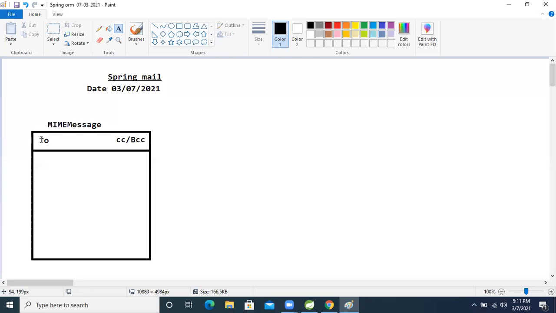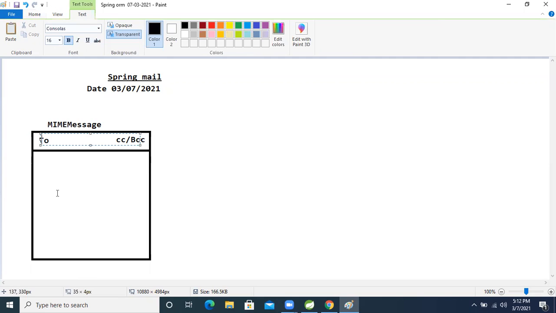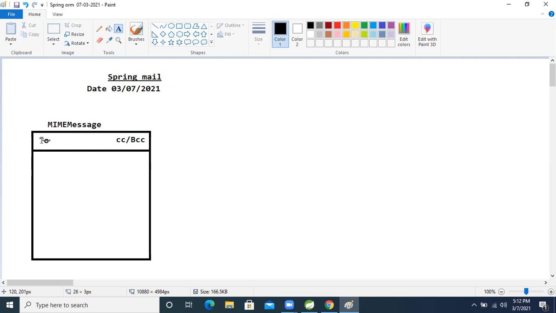CC means if we send an email using CC, the other receivers can also see that the email was sent to this person. But with blind copy, the person will not see; visibility from one person to another is not there. Because of that we are using BCC, the full form of which is blind carbon copy.